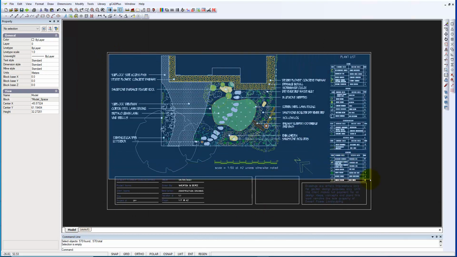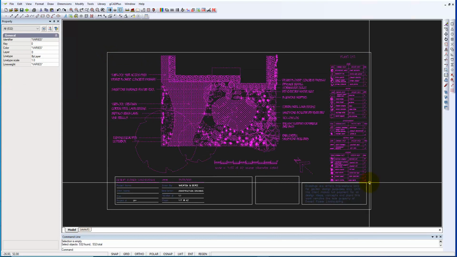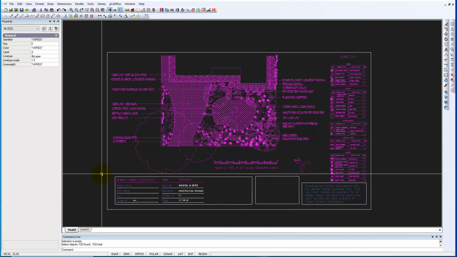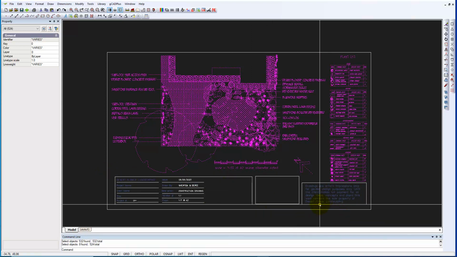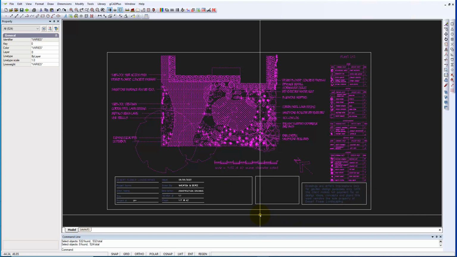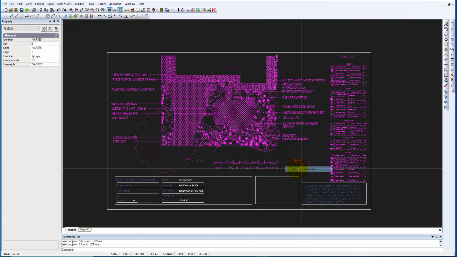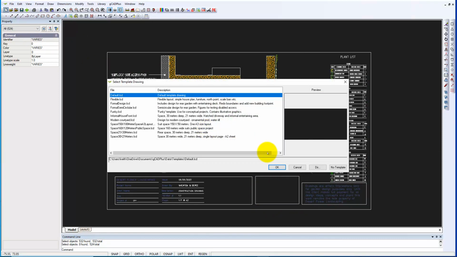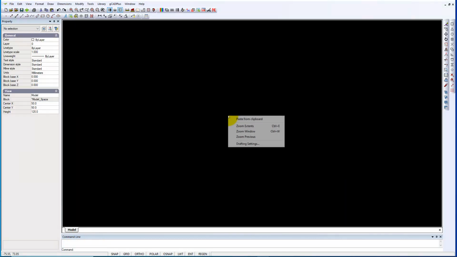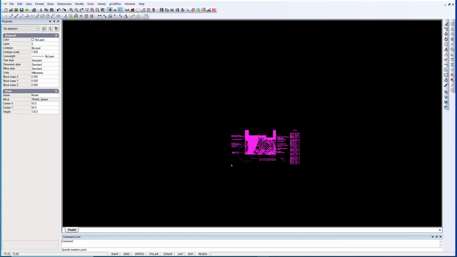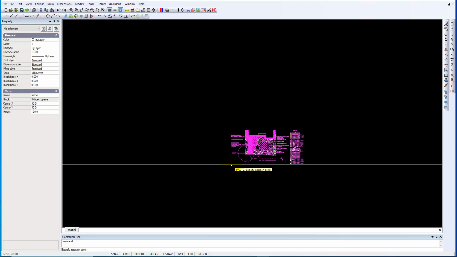So the way to overcome it is to just select that part of the drawing that we are interested in, and then I'll deselect anything else that's been caught in my crossing window, and then I'll copy it to the clipboard, start a brand new drawing, don't use a template, then paste what you've just copied from the clipboard into this new space, which should be a very clean space, and I'll nominate 0,0 and hit enter,